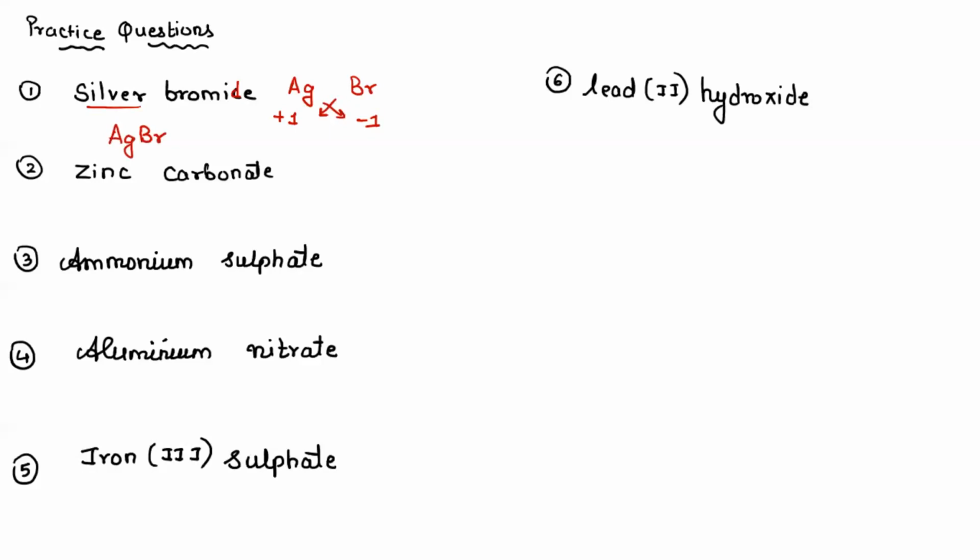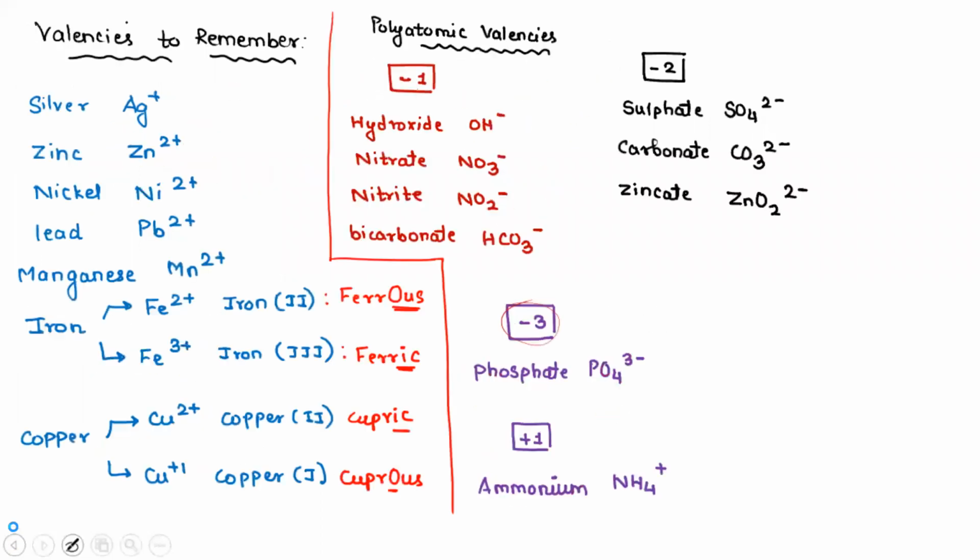Second one, zinc carbonate. We will ask Huda, zinc carbonate. Can you tell me the formula? The symbols will be Zn and C, and it will be Zn4C2. Okay, now it's carbonate, Huda, it's not carbide. In the valency chart, carbonate is CO3, 2 minus. C is only carbide. That's different.